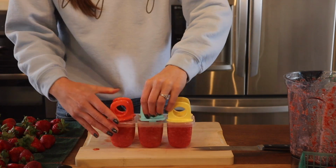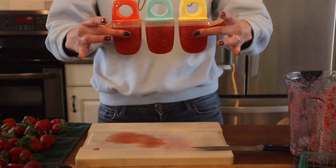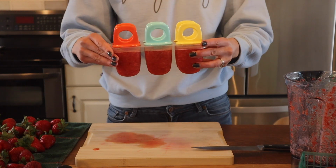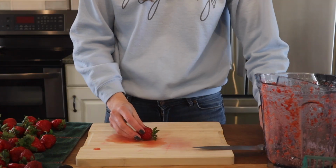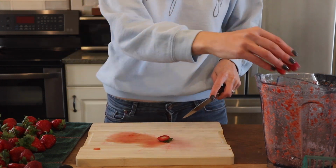No kid's gonna be making these popsicles. Goodness. My lids are snapped on. Here is my popsicles. I'm gonna get these in the freezer and our first recipe is done. All right, while I'm at it and I already have the blender dirty, I decided I'm just gonna make some